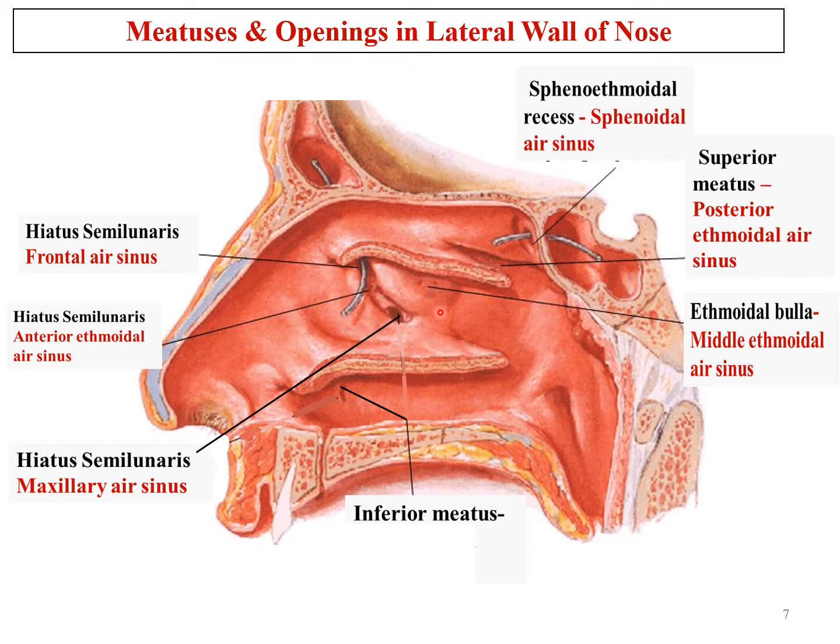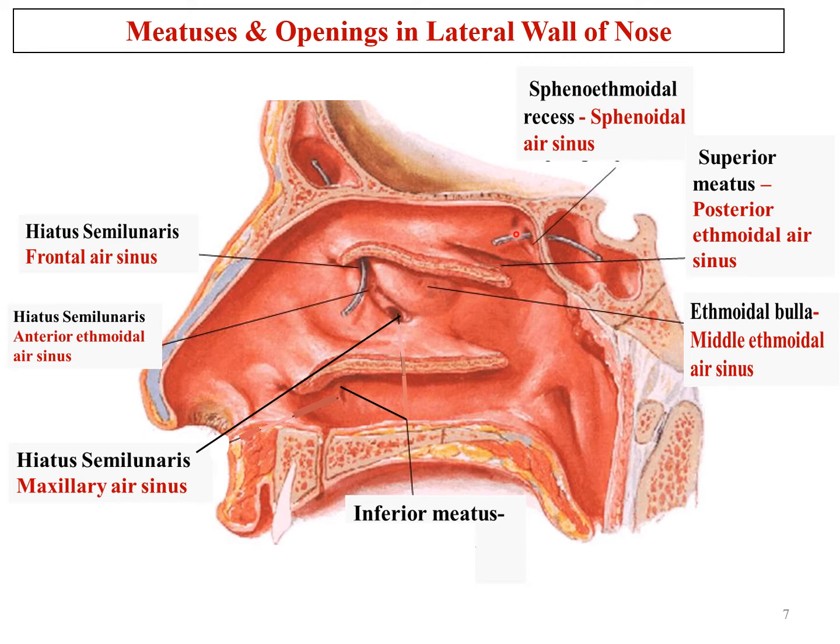Now, how do you remember this? It is very easy to remember. If you look at the uppermost space, the paranasal air sinus which is most posteriorly placed opens there. So as you go down along the lateral wall of the nose, the anterior sinuses keep on opening here, right?